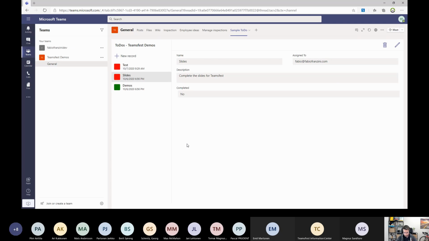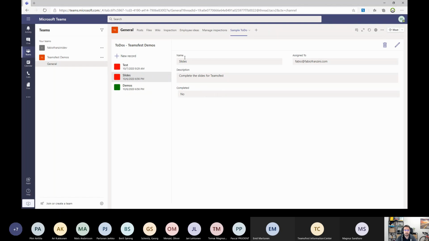It's the same basic example that you can create with the standalone Power Apps, but there is some basic integration with Teams. First of all, I want to recap the UI. You see that the UI controls are the same as Teams.